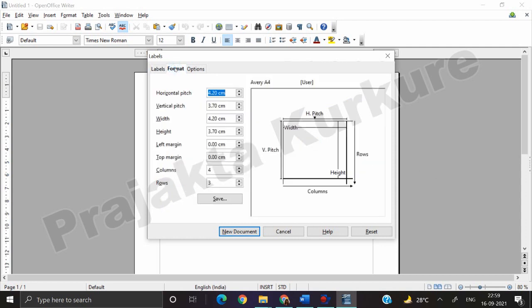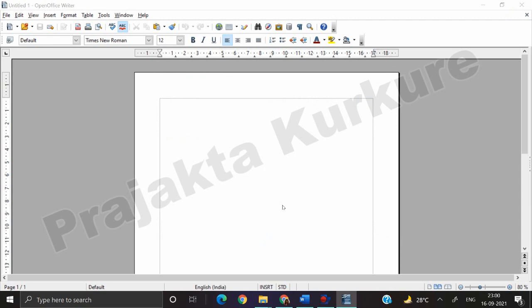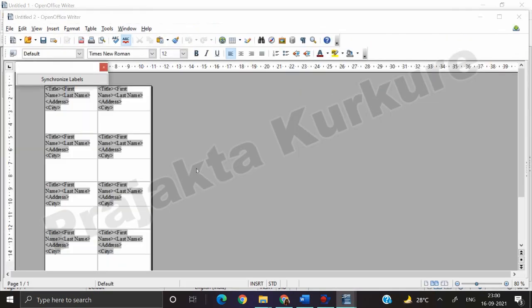Now you can go to Format, and from here select 2 columns and 5 rows. And in Options, if synchronize contents is not checked, please check this box. Okay, and then click on New Document. Once this is done, you will see something like this. Here we need to change the font of this one particular cell. So I'm selecting it.